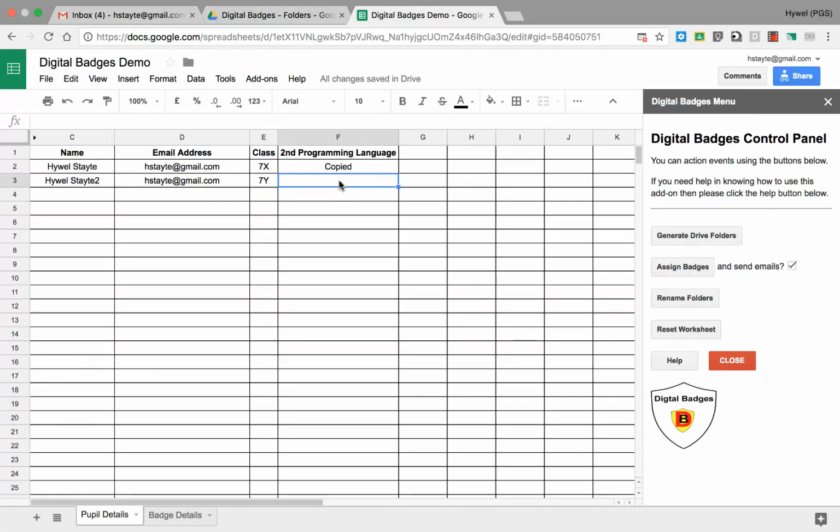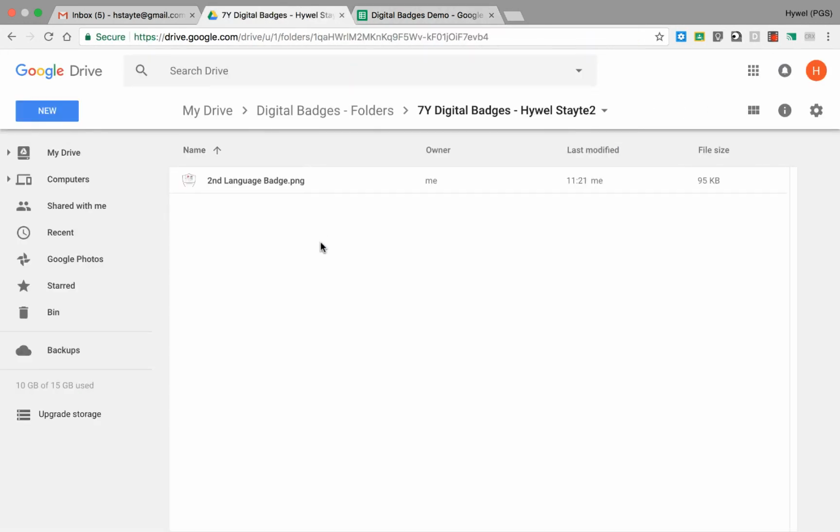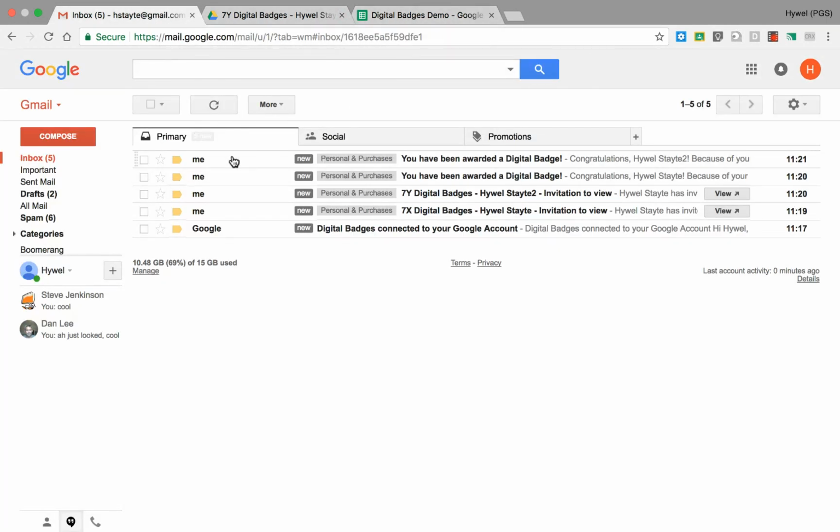At any point, you can add in more Ys to copy those folders, just assign badges again. I haven't shown the email, so I'll show you that next. So it then goes copied, brilliant, go back to that folder, go into there, and there's the second badge in there. So this will work for as many times as you want, as many folders as you want, as many badges as you want as well. If I show you the example email,